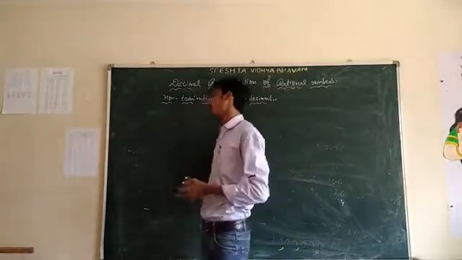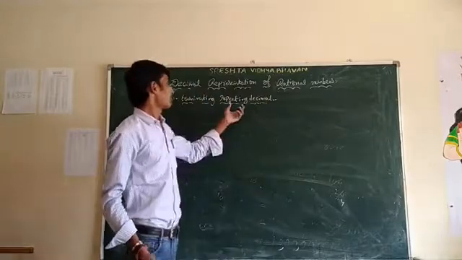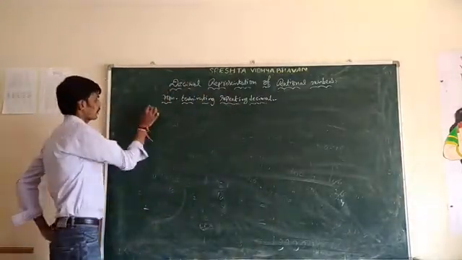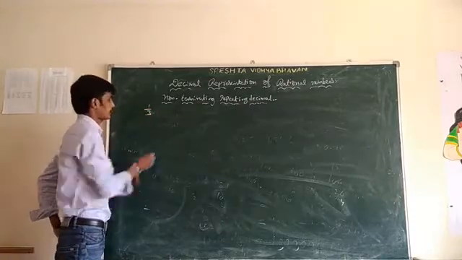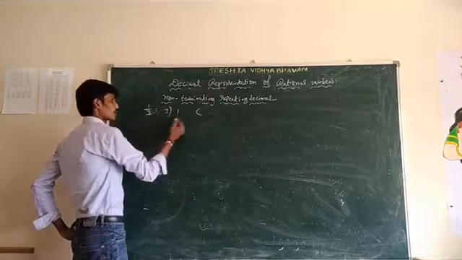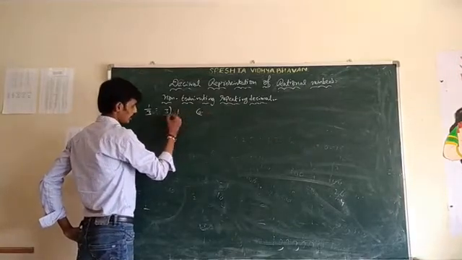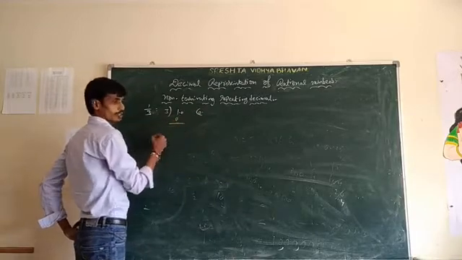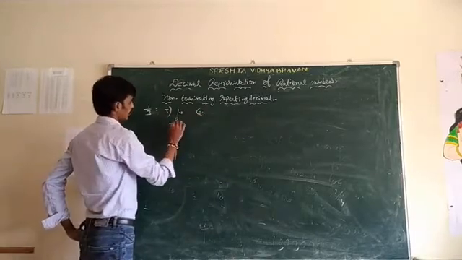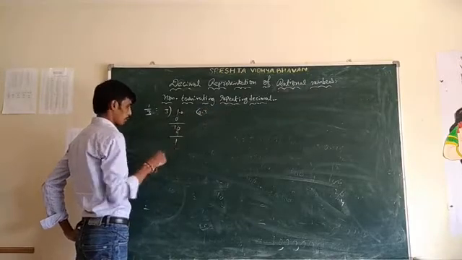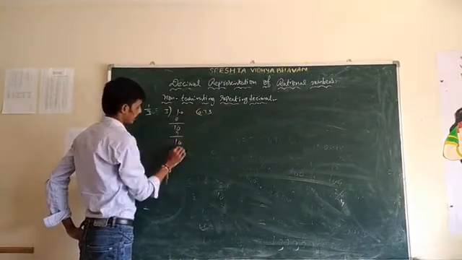So next we have discussed non-terminating repeating decimal. Already I had the example, like 1 by 3. That means 3 divided into 1. So, 0 point. Take the 0 after the point. 0 times 3 is 0, the remainder is 1. Take the 0 down. 3 threes are 9, so again 1 and take 0. 3 threes are 9. Again 9.